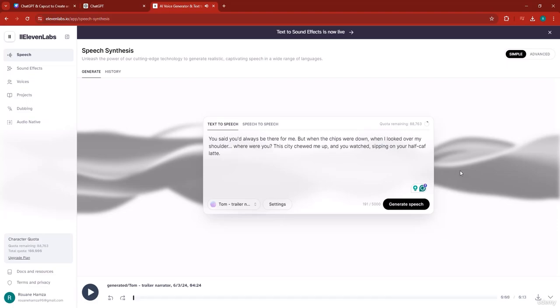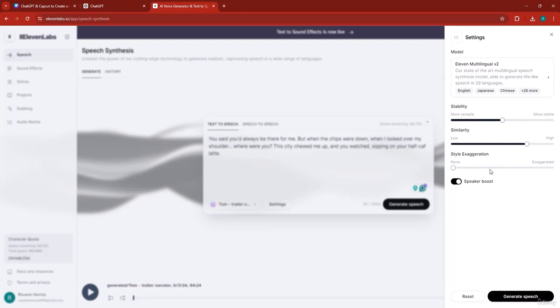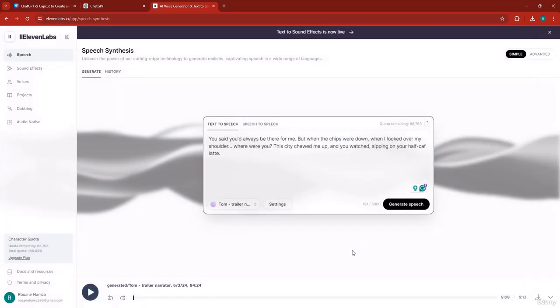That sounds fun. And by the way, if you want to control the settings of a voice, click here. You can exaggerate the style. You can add more. You can increase the similarity to the original voice. You can make it stable or unstable. Unstable means that sometimes you might say,